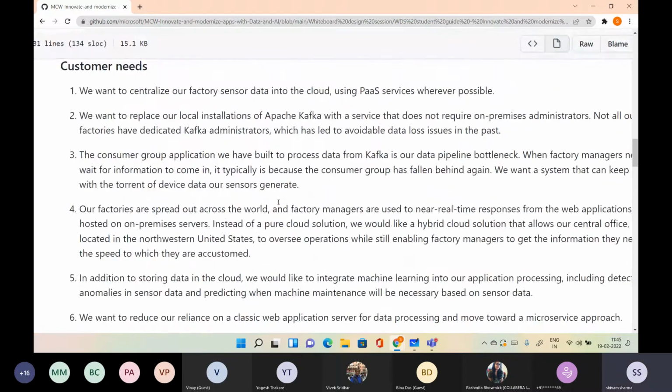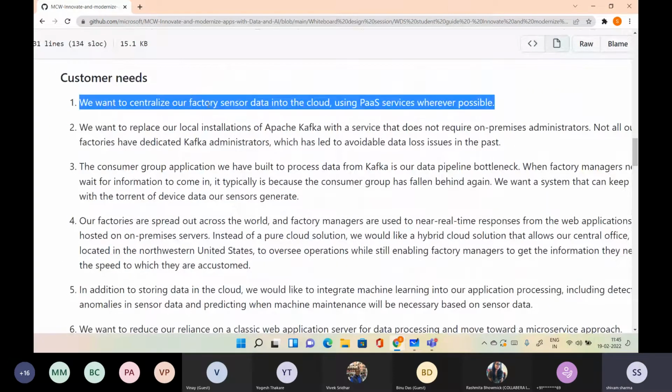Okay, now we want to centralize the factory sensor data into the cloud. Done. PaaS. We have the PaaS solution. I didn't tell you, but we also have a SaaS solution. There is a concept called IoT Central, which is a software as a service built on top of IoT Hub,